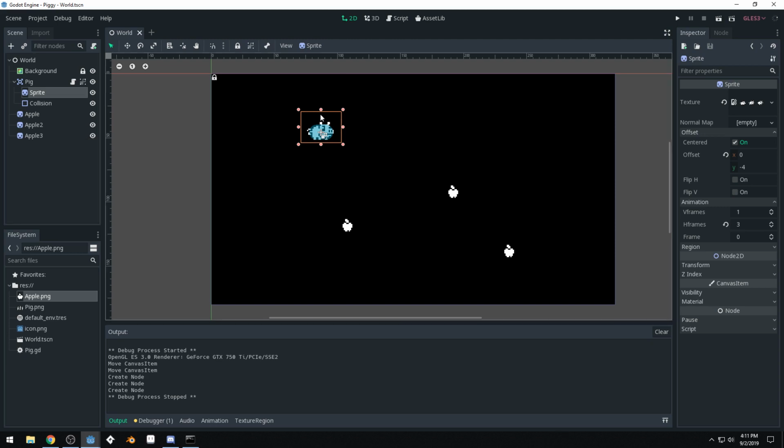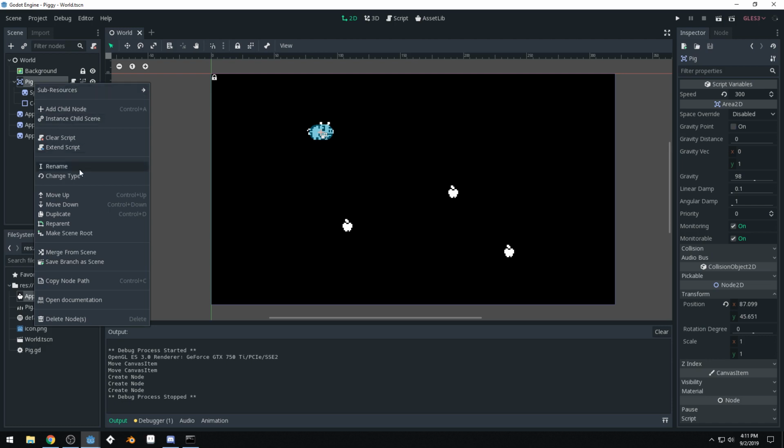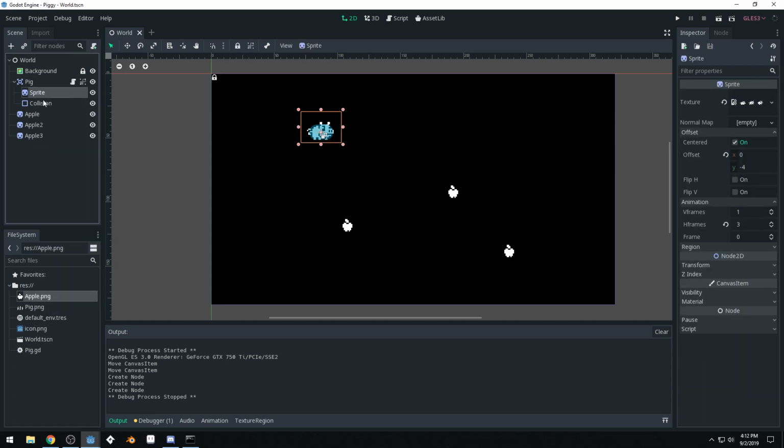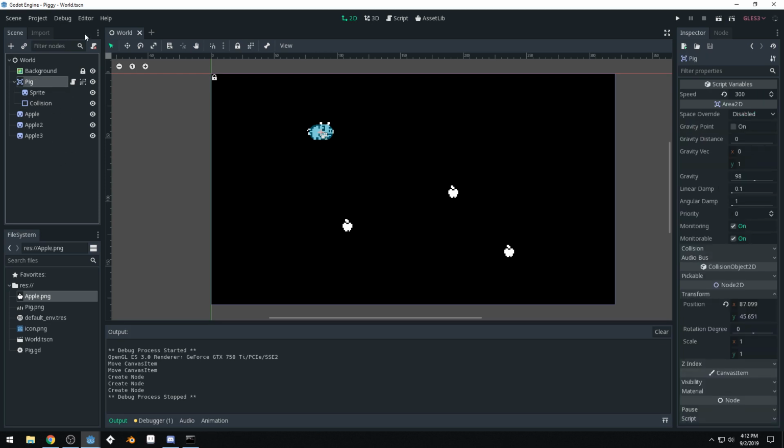But the scene analogy, a scene from a play, kind of falls apart a little bit when we decide to turn our pig into its own scene. And that's what we're going to be doing right now. So let's start by doing that, and I'll give another analogy that I think will help you understand the concept of scenes better. Let's right click on our pig here, and we're going to do save branch as scene. What that's going to do is take the pig and all of the nodes that are children or grandchildren to this pig,